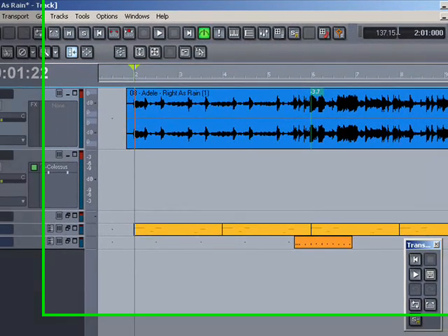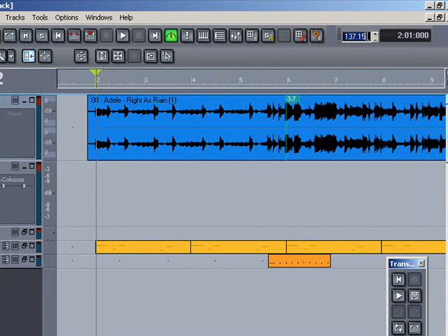So over here, you can just click on here, right? And then this thing right here, we can go up or down and adjust our tempo. So I just automatically adjust it to 137.15. Then I drag it over to where I want it to start, and that's all there is to it, right? I'm queued up. It sure beats the way I used to have to do it before I found Mixmeister,